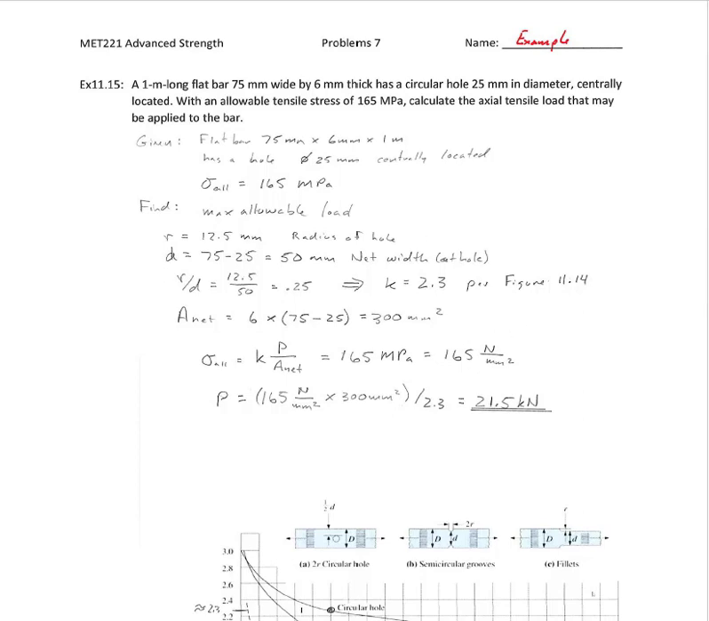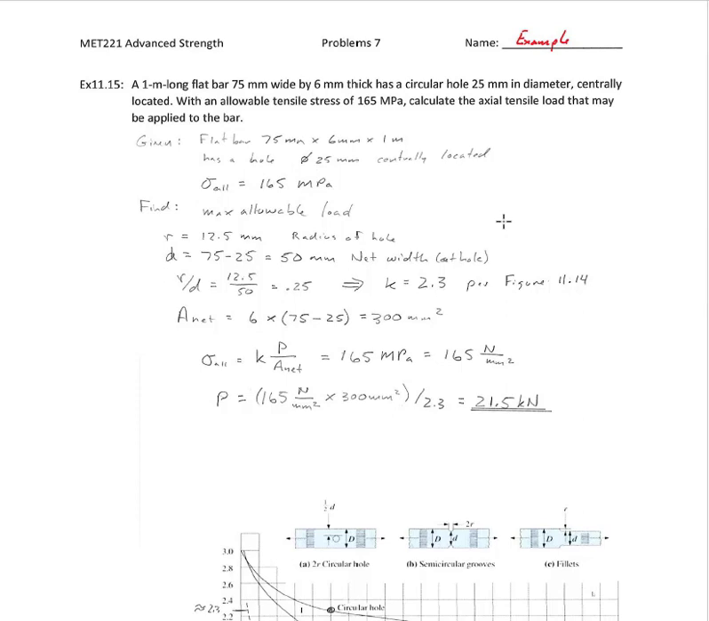Okay, so this is example 11:15. A 1 millimeter long flat bar, 75 millimeters wide by 6 millimeters thick, has a circular hole, 25 millimeters in diameter, centrally located with an allowable stress of 165 MPa. Calculate the axial tensile stress load that may be applied to the bar. Okay, so here's what's given. We've got the flat bar dimensions, we've got the hole dimensions, and we got an allowable